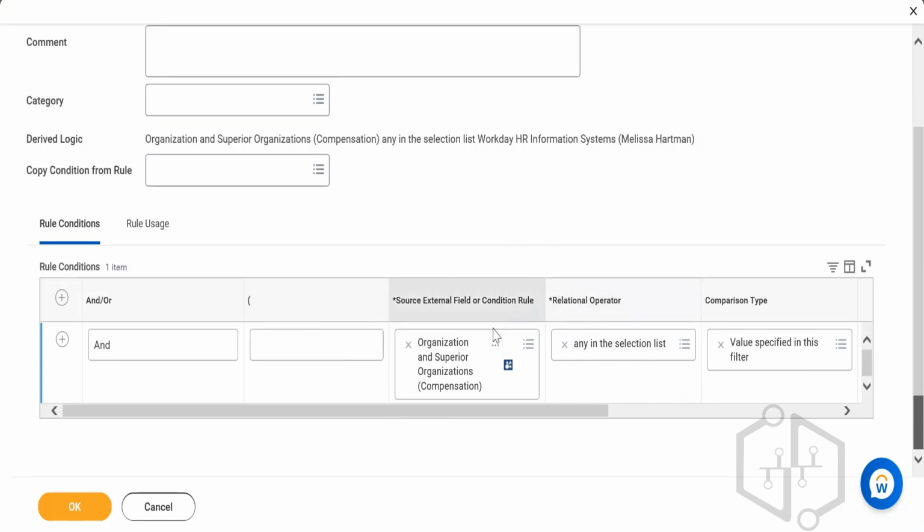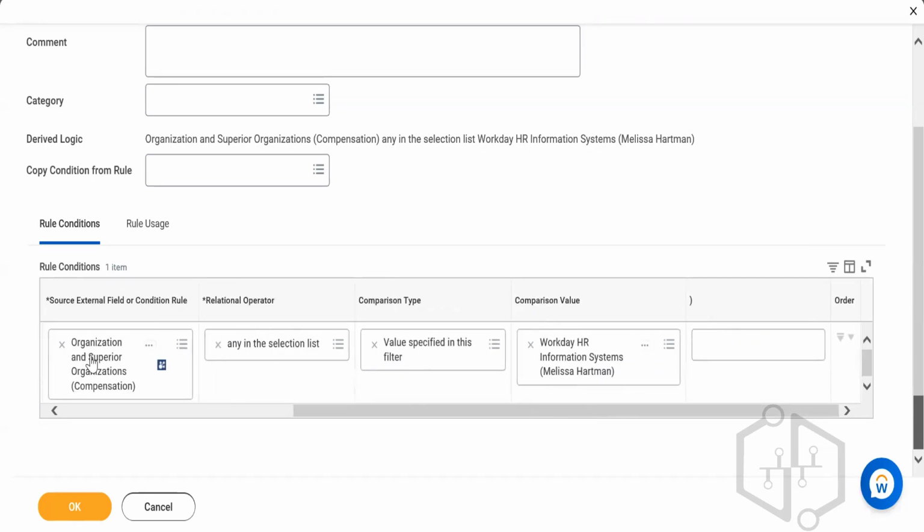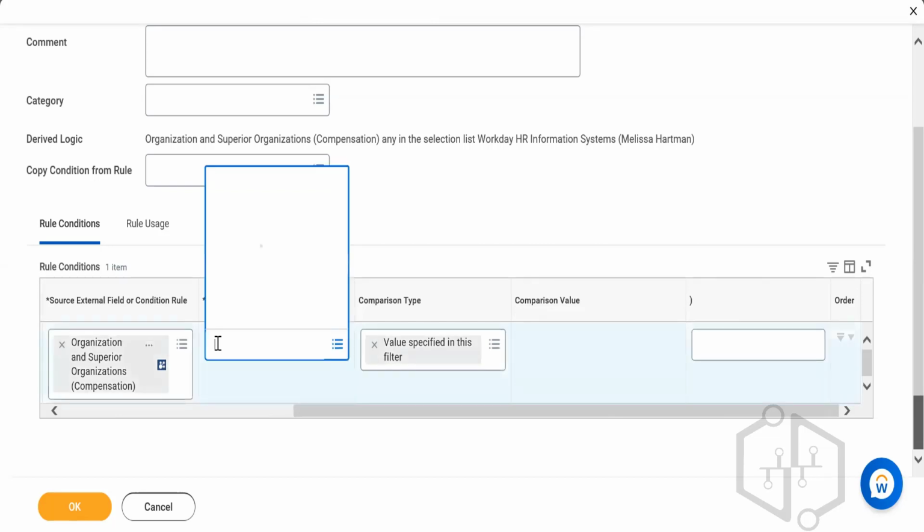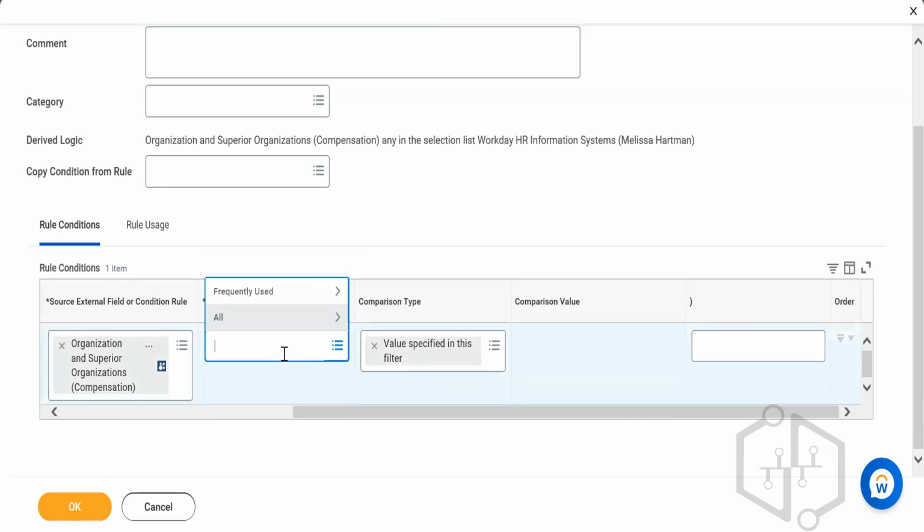Any in the selection means you'll be getting a list of organizations here. So any in the selection list means whatever you select here will be taken as the criteria. But if you're giving not in the selection list, for example,